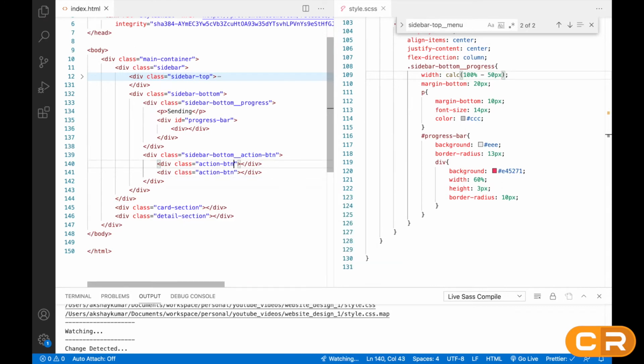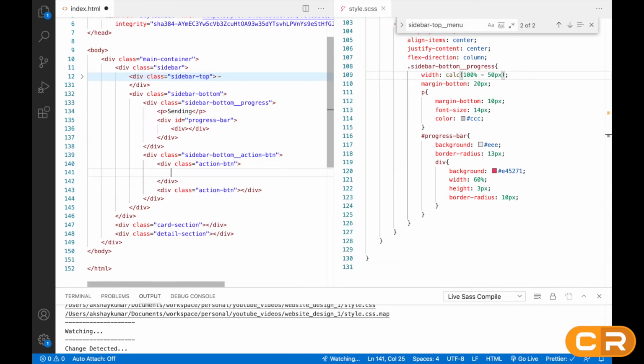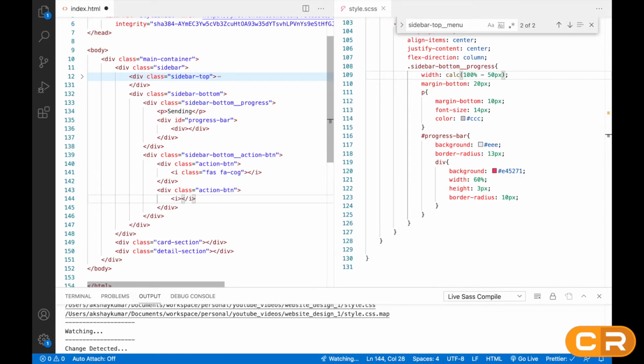Inside this, we just need an icon, right? So for this, I will give class name fas fa-cog. And for this, I will give class name fas fa-file-download, right?